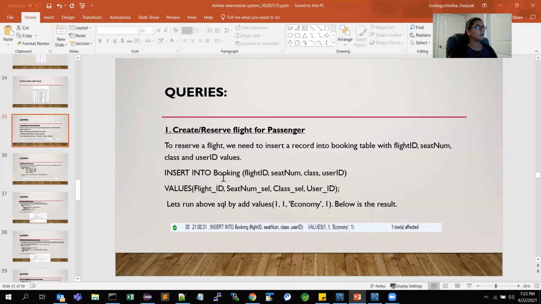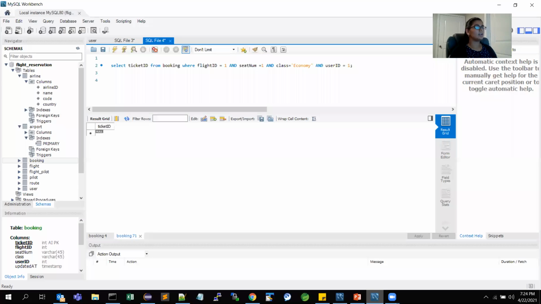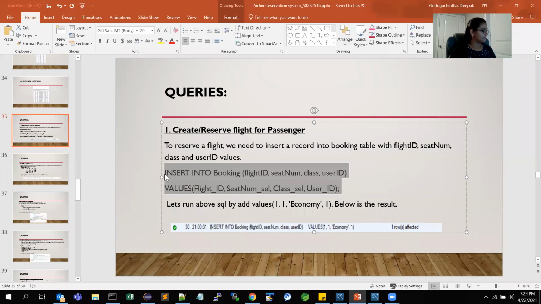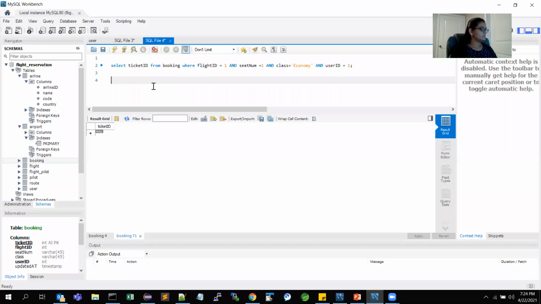So now I'm opening my SQL workbench and now let's run the queries. This is the first query to create a reserved flight for passenger. So now let's run this query.